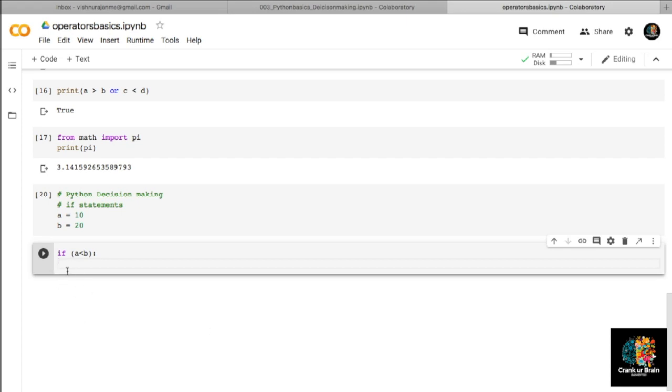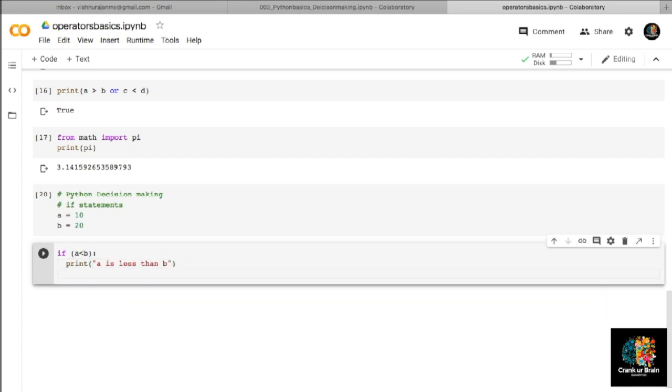Then you can see here automatically some tab is there or some indent is there. Okay, this is very important in Python. Unlike C or similar programming languages, Python doesn't use braces that much. Instead, Python is relying on this indenting. So whatever condition is there, the condition has to be inside the brackets, and here you can include whatever you need to show up or whatever program you need to run if this condition is satisfied. So here I will just run print, what? A is less than B.